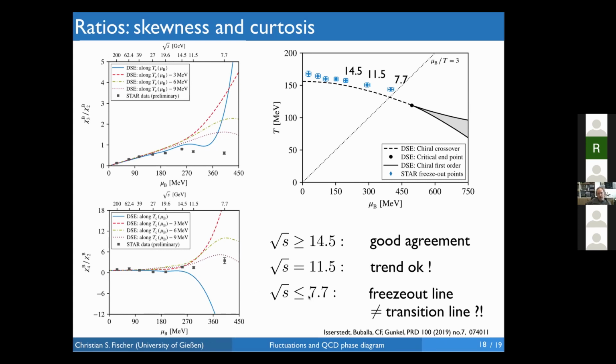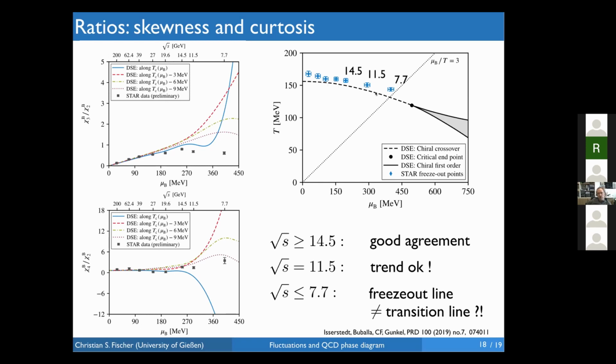Then for 11.5, the trend is okay. And this last point at 7.7 square root s is clearly off. Now, there are many reasons why this point may be off. As I said, our calculations could be improved. The comparison with experiments surely could be improved. But one of the reasons which I find quite interesting is that it may very well be that for such large values of square root s, the freeze-out line and the transition line do not agree with each other anymore, but become separate. And in order to investigate this effect, we also calculated the skewness and the kurtosis along